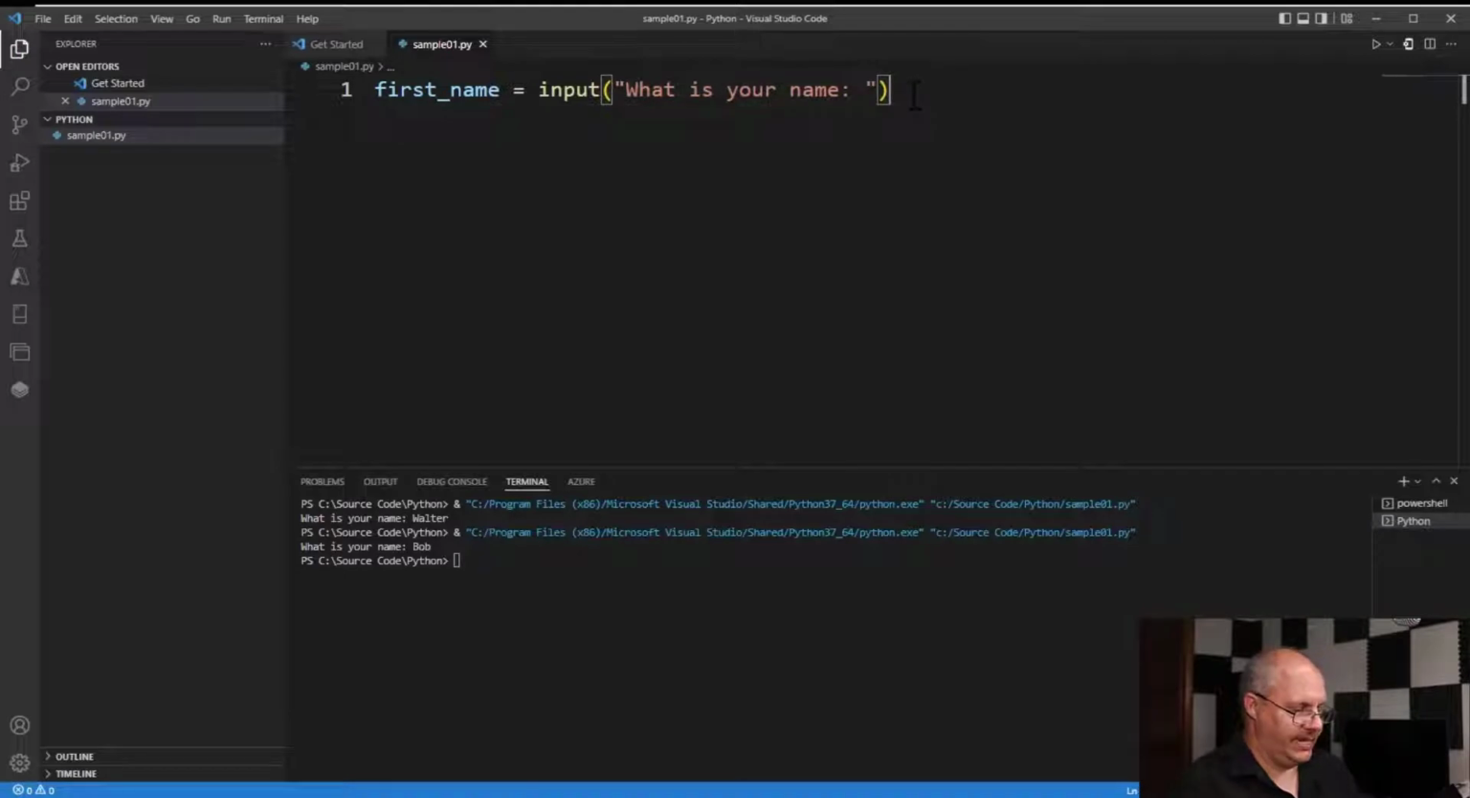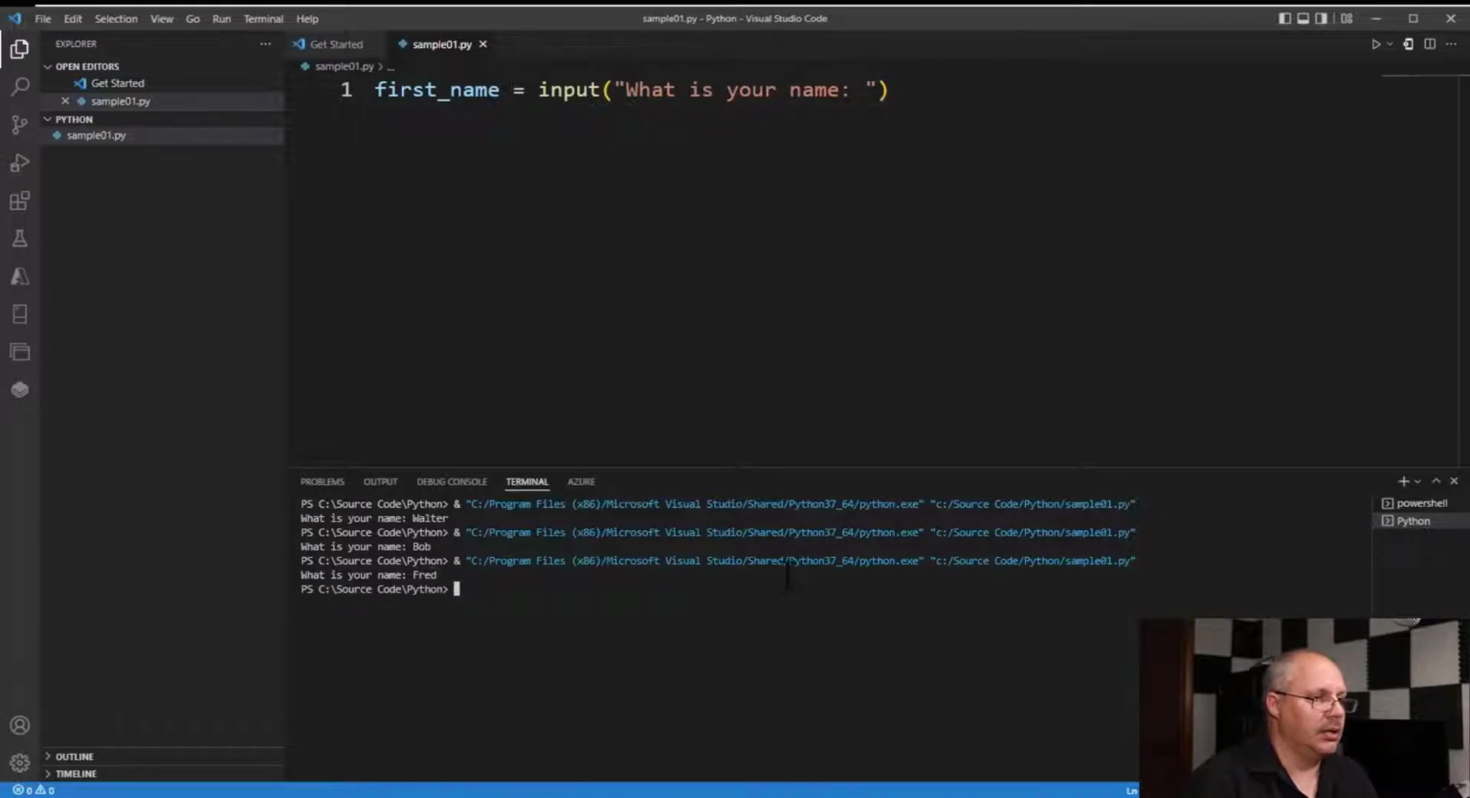Now, if I go and I save this and I run it and I put in a person's name again, notice that nothing has really changed. Well, that's not entirely true because now we're putting it inside of a variable. The problem is we're not using that variable, and we want to use that variable. So let's see how we're going to use it real quick. So I have first_name equals input, what is your name? And I want to print out this. So I'm going to say print